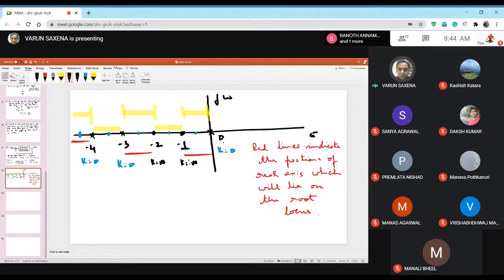Now my question is, we know that the branches will start from poles and they will terminate at zeros. Can you tell me the direction of some of the branches of this root locus by knowing this fact? They will start from open loop poles and they will terminate at zeros of the open loop transfer function. Can you tell me where the branches will be? What will be the direction of the branches in this case?